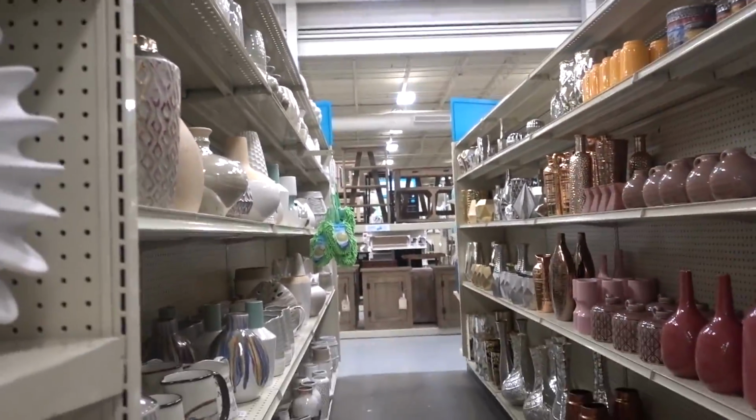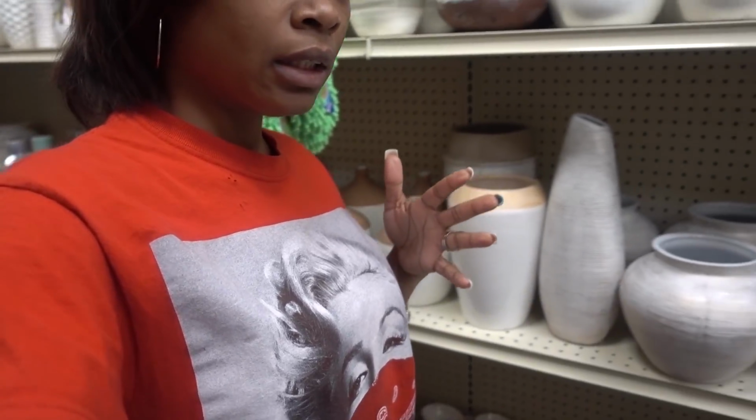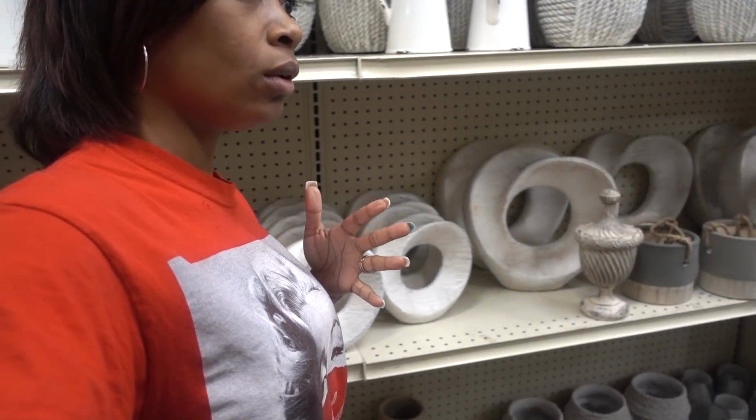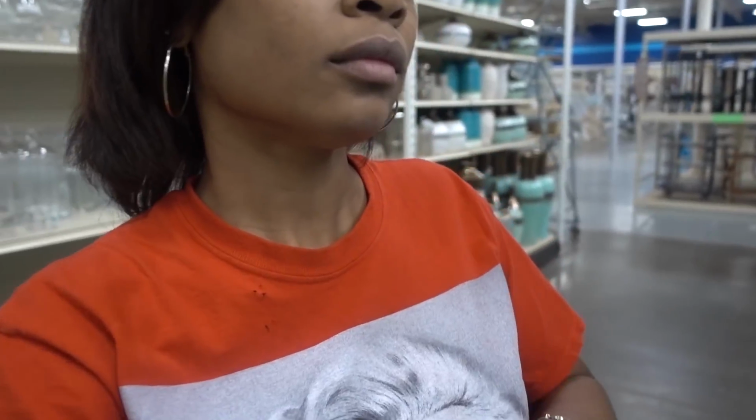Maybe I should do gold pieces instead of yellow. The reason I say that is because I'm finding it really hard to find some yellow pieces to go in the room for my pop of color. You would think because it's springtime right now, I could find yellow, but I can't. Okay, I might have hit the jackpot if I can